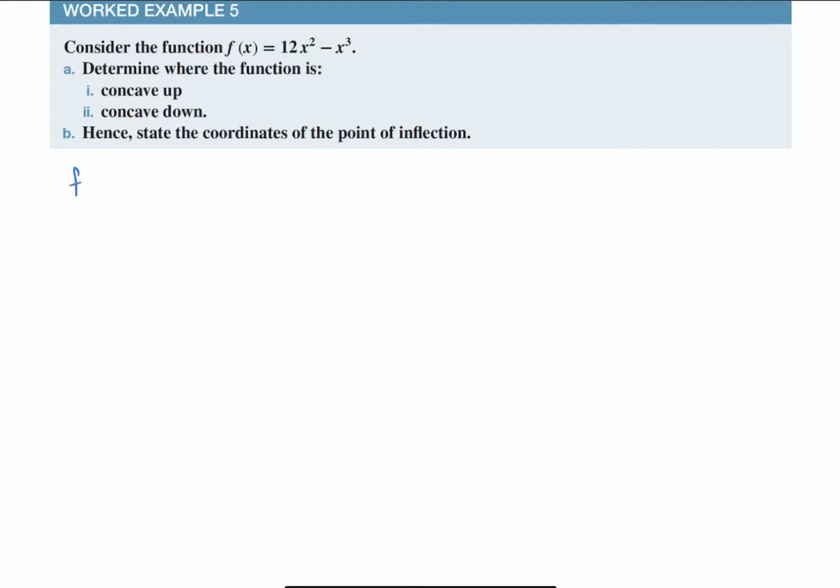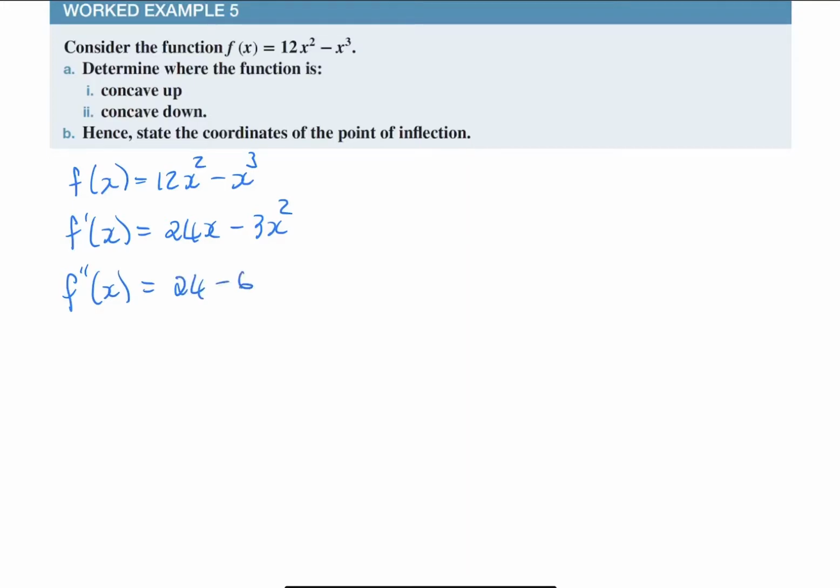So I'm going to say f(x) equals 12x squared minus x cubed. The first derivative, f'(x), equals 24x minus 3x squared. My second derivative, f''(x), equals 24 minus 6x. Now, it's going to be concave up